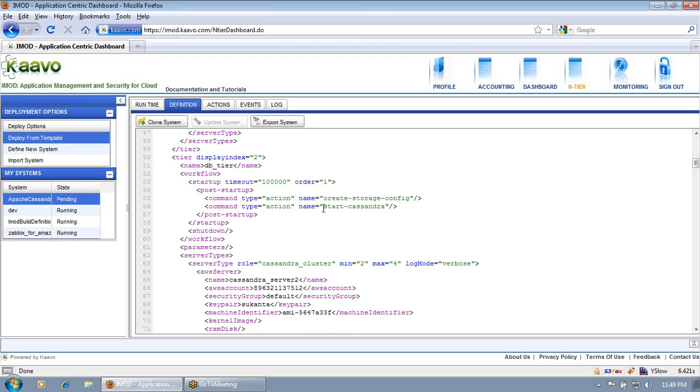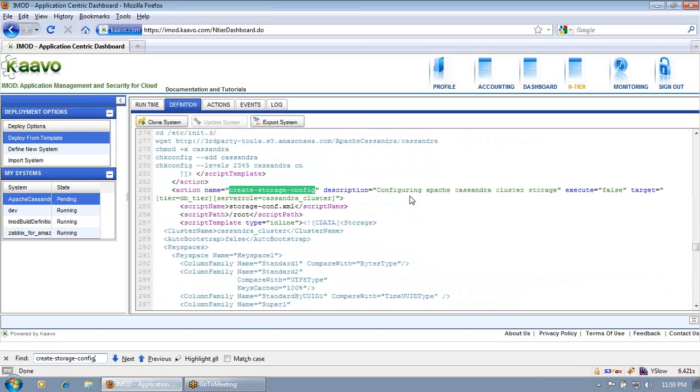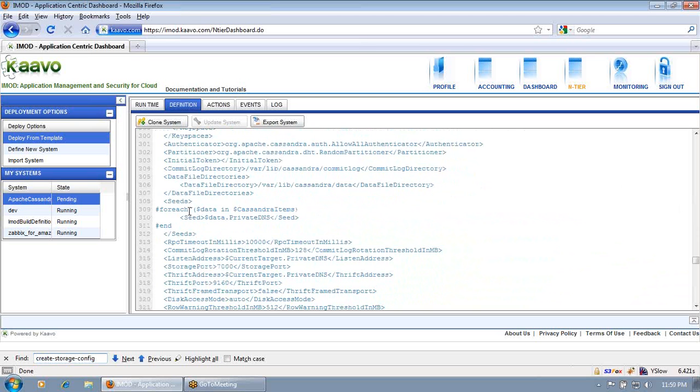To form a cluster, you need the IP address of the Cassandra databases, and you have to specify those IP addresses in a configuration file. For that, we have this action like create storage config. You can check this action. This is a configuration file where we mention the IP address of the Cassandra servers. So under seeds tag,